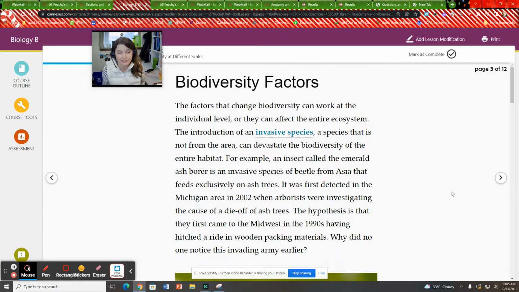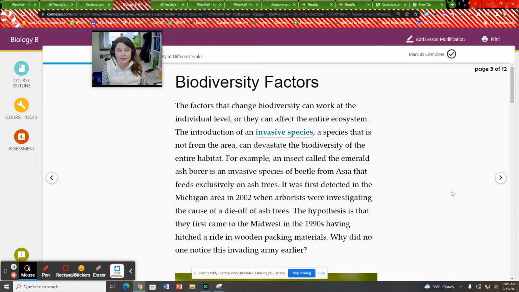Another invasive plant species that we see a lot is Japanese barberry, and it's not native obviously to the United States, and it can spread very quickly, and it can really outcompete native species. So the idea is that these species, they're not from the area, but they're also invasive in that they outcompete or destroy native species. And the reason why they can do this is because they lack,